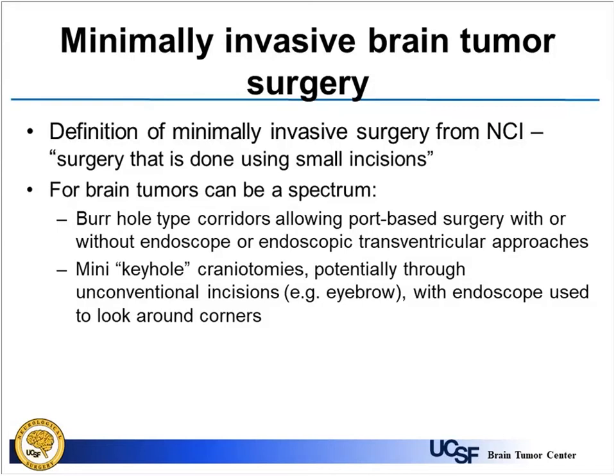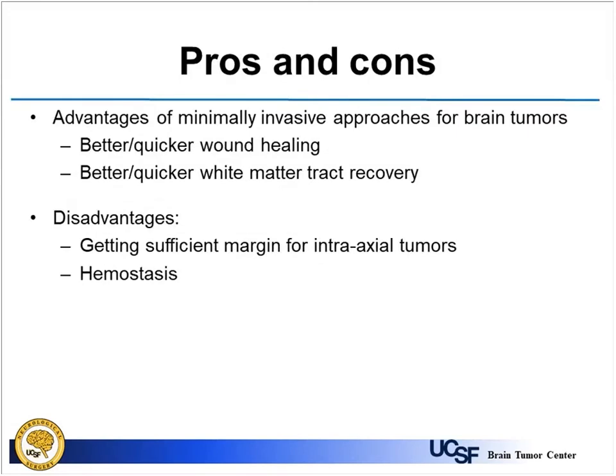And so with that definitional background in mind, what can we ask? What are some of the pros and cons of being minimally invasive? These are some of the things that have been thought about over the years. Obviously, the advantages would be smaller wounds would presumably heal better and quicker and in a more cosmetically desirable manner. Others have theorized that if you use these approaches, you'll be retracting less normal brain and also resecting less normal brain, and therefore this could promote less postoperative edema or better or quicker recovery of white matter tract function. Proposed disadvantages of these approaches would be for intra-axial tumors, particularly glioblastoma, which previous speakers have alluded to